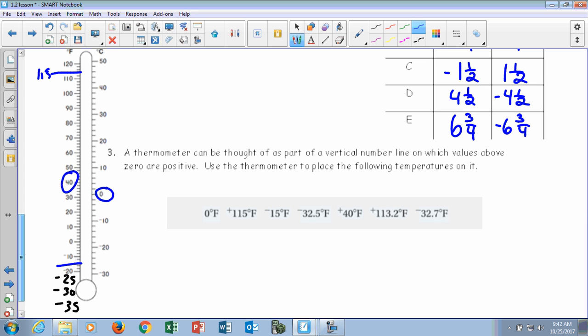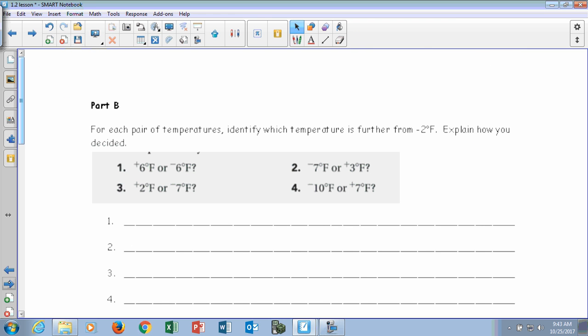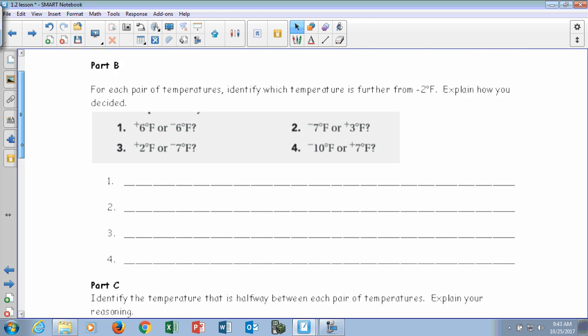113.12 should be just below this number, right? Just below 115, right? Kind of between these two lines. And then negative 32.7, that's going to be down just below this guy, right? So if you put them on the thermometer correctly, that's what it should look like. All right, let's go to part B. So in part B,